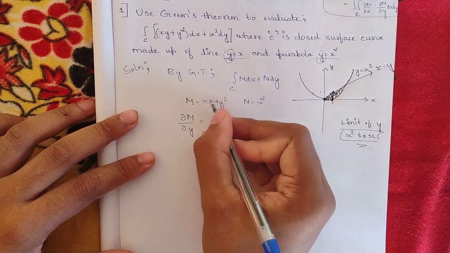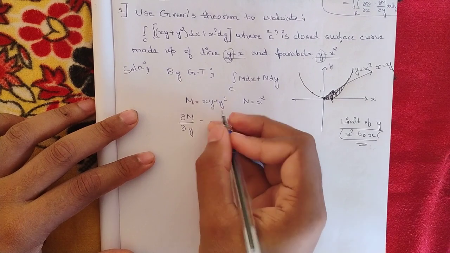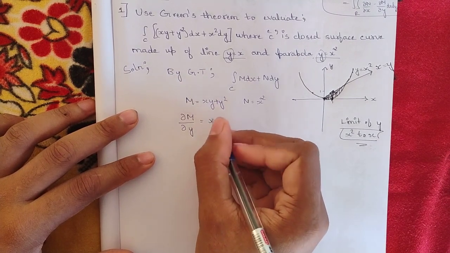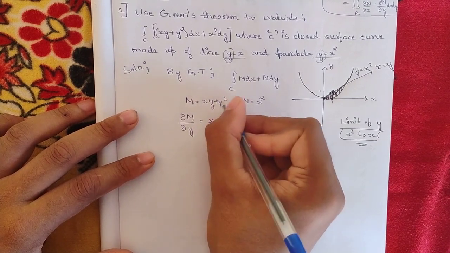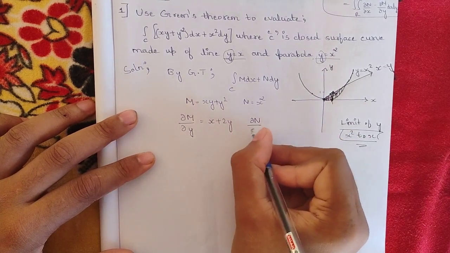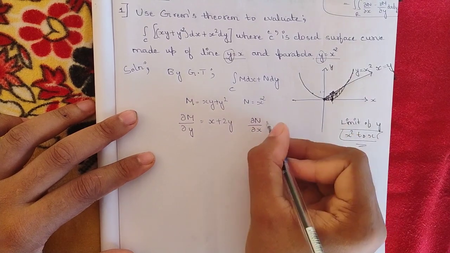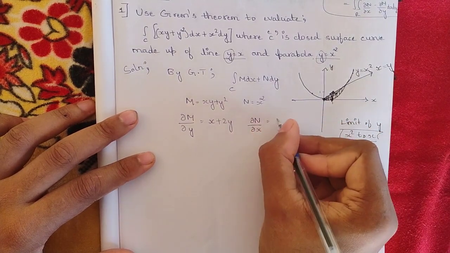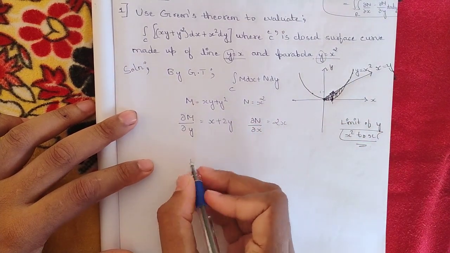So in these two terms, both have y, so the differentiation of y is 1. Here we have only x now, plus the differentiation of y square, which is 2y. Similarly, on the other side we have dou N by dou x, that is, dou by dou x of N, which is 2x. Now